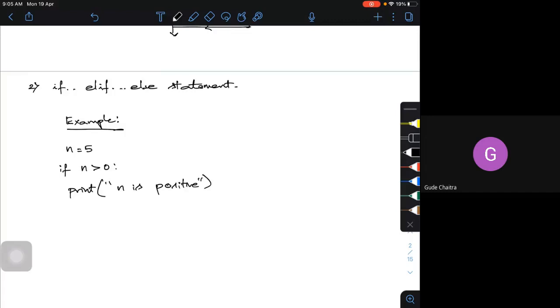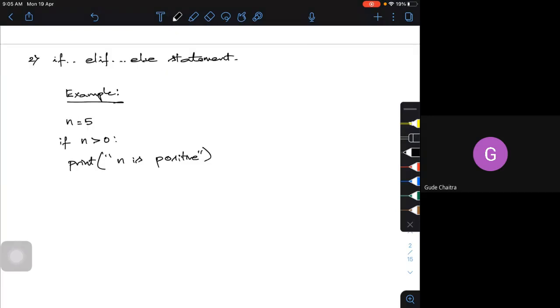Then I need to increment or decrement this number. I'm going to put n is equal to n plus or minus 1, whatever it may be.